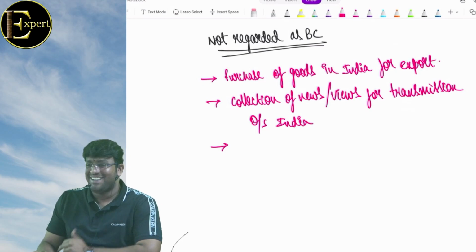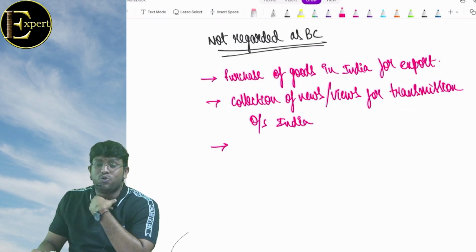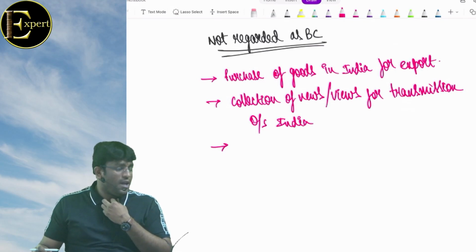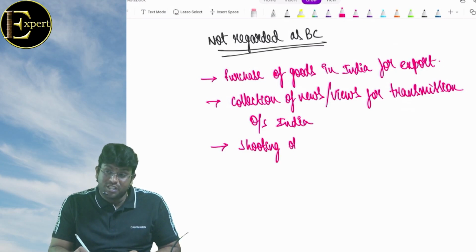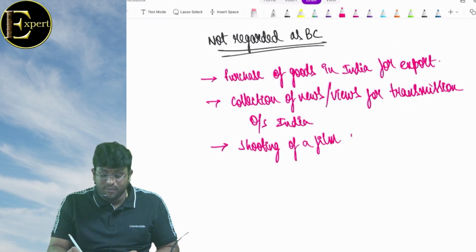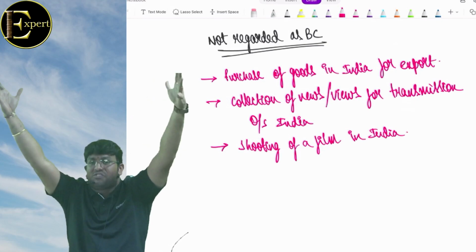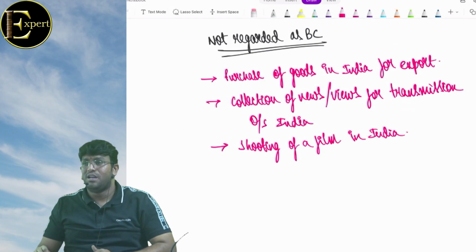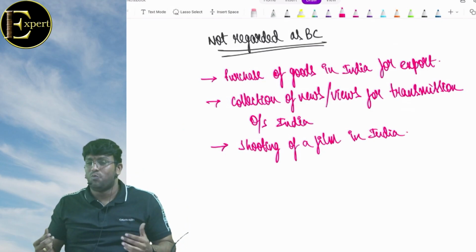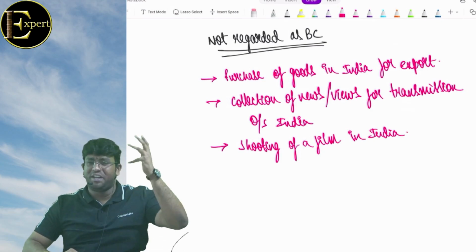See, no, first point, समझ गया ना तू? First point, purchase of goods in India for what? Exports. Second, collection of news or views for transmission where? Outside India. Last one, shooting of a film, बहुत जल्दी होगा ये, और हुआ भी एक्चुअली बहुत सारे मूवीज। Shooting of a film in India, Hollywood वाले Warner Brothers is telling we will come to India, do a shooting of a film in India, RRR action scene, wow, visual wonder. Government is telling it's not regarded as business connection, enjoy, don't pay tax, आ जाओ इंडिया में शूटिंग करो फिल्म्स का,